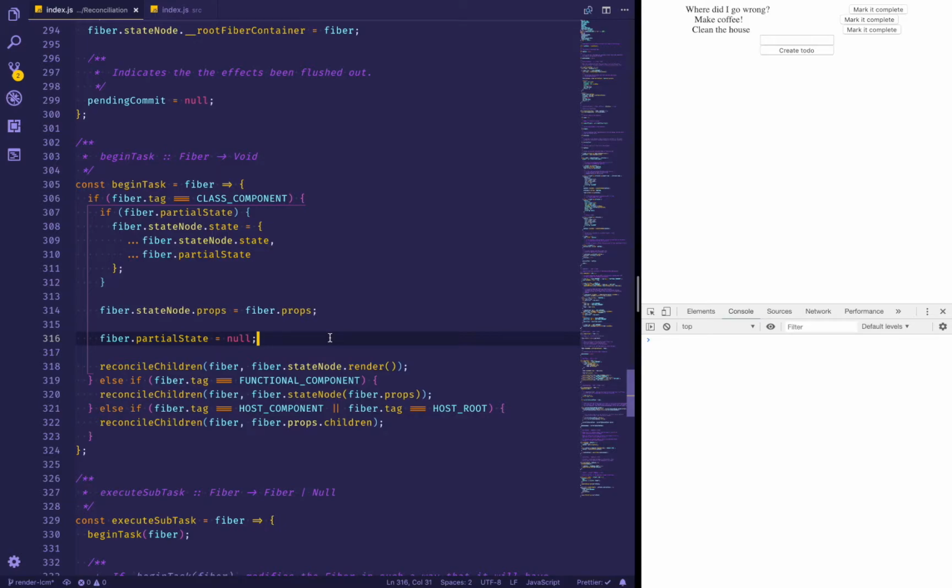So the internal state will be modified, its props will be modified, but now what we need to do is